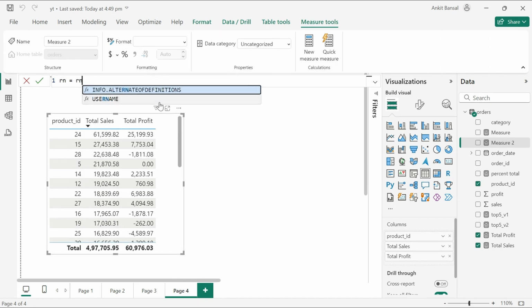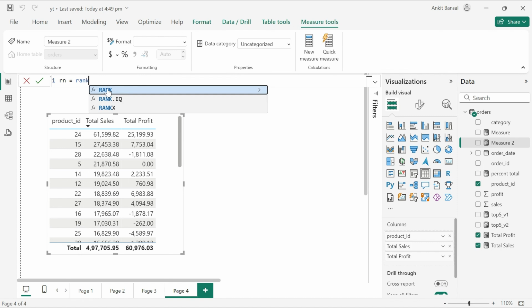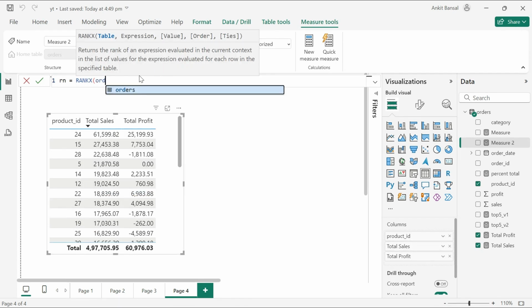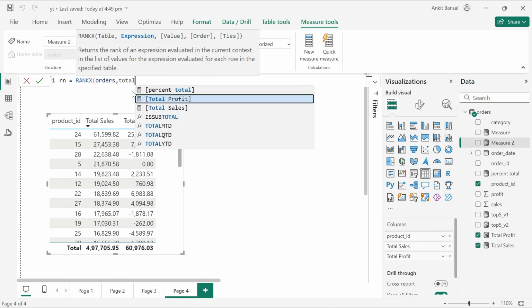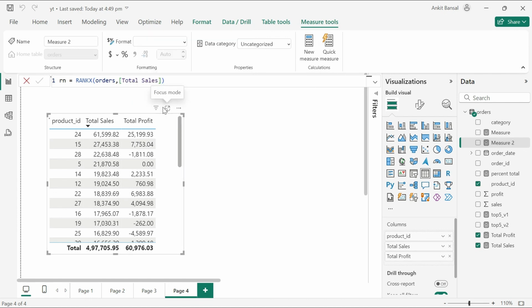So I'll just calculate the rank separately, right? So RANKX, and then the table is Orders. Expression is based on total sales, and by default it is descending. Okay, so if I just take this in the view,